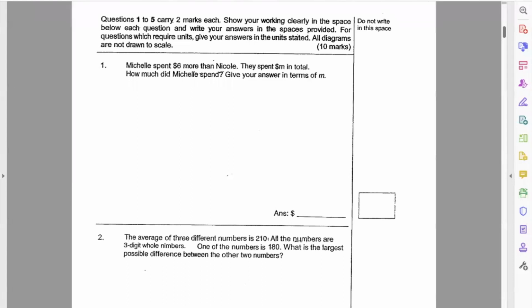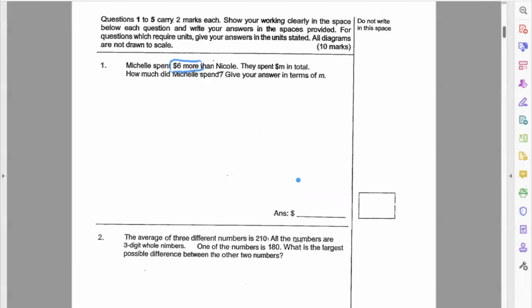Michelle spent $6 more than Nicole. They spent M dollars in total. How much did Michelle spend? So the first statement shows there is a quantity difference or total value difference. Whenever there is a quantity difference, or in this case, total value difference, you always begin by drawing a